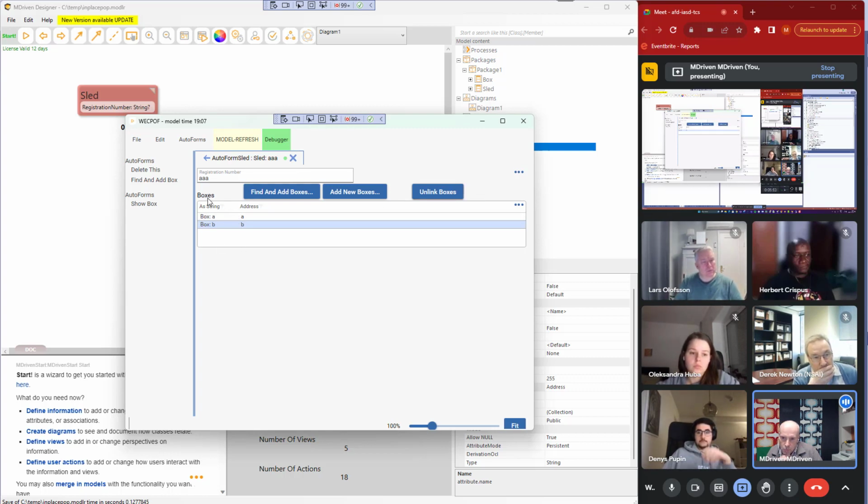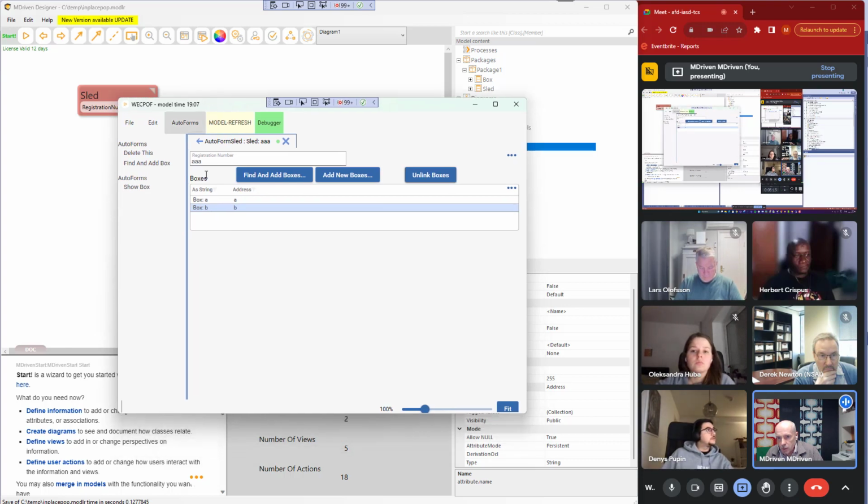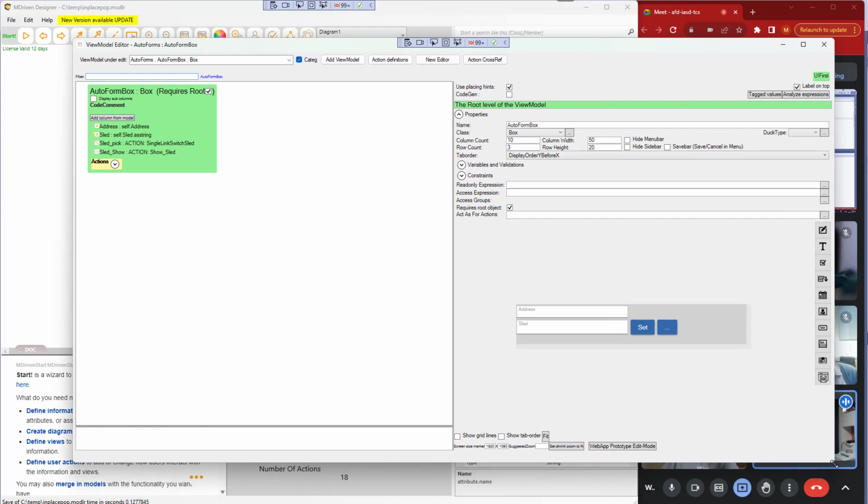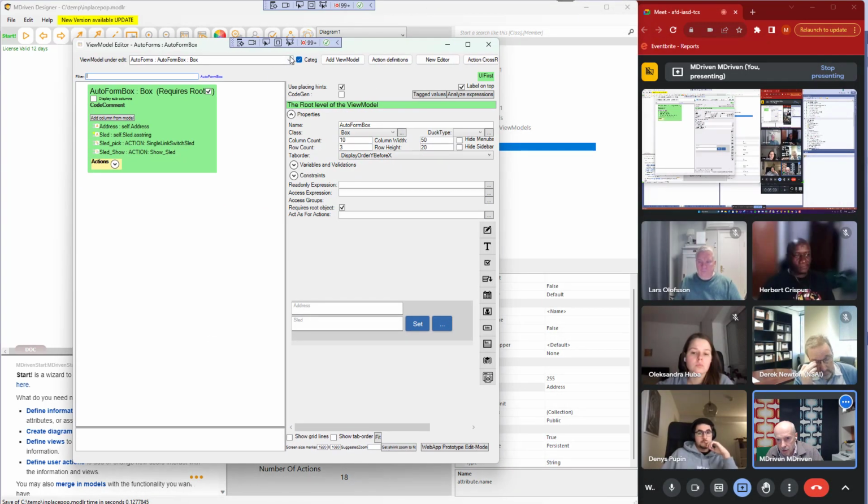So if we say we don't actually want to see the boxes all the time, but we want to see them first when we press a button to save space on the UI, then we could use one of these Inplace pop-ups. And so if we go to the view model definition for this auto form,